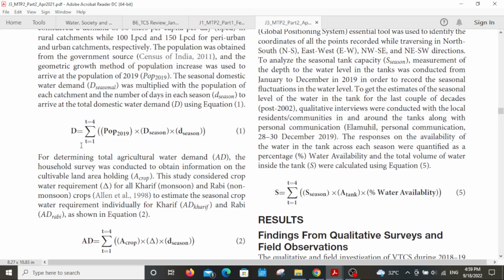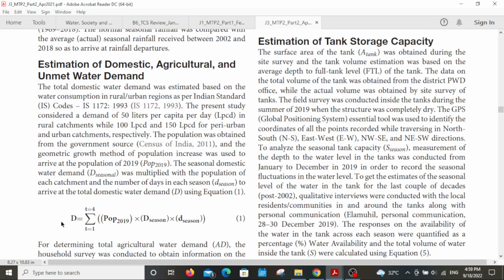So this is the equation to find out the domestic water demand. So we are taking into account the population in the year 2019, the season, a particular season where we want to find out the water demand, and the number of days corresponding to that season. Then when we add all this water from season 1 to season 4, we get the